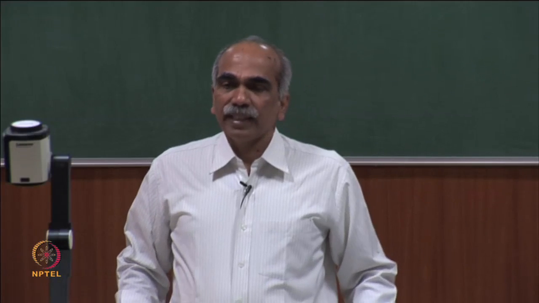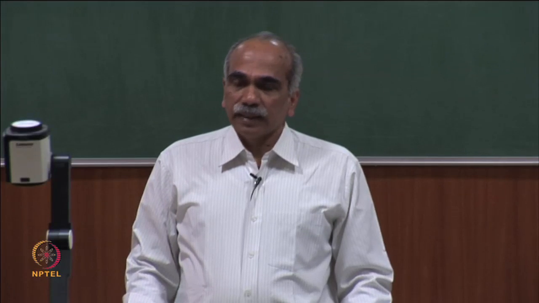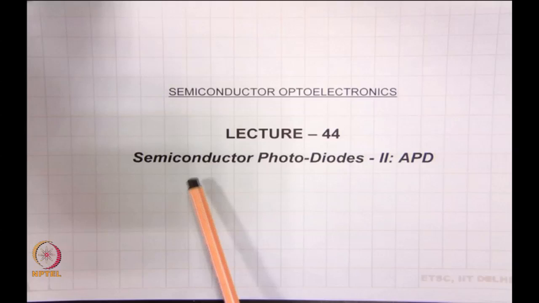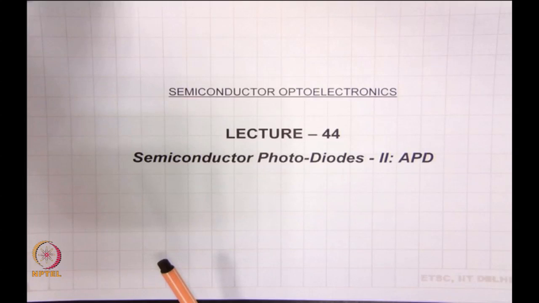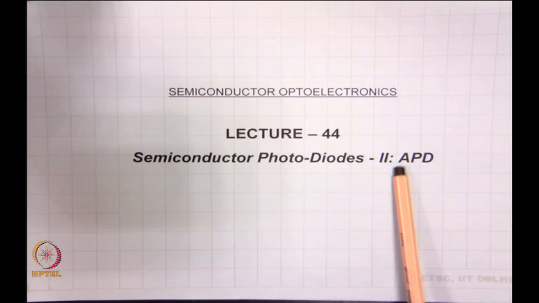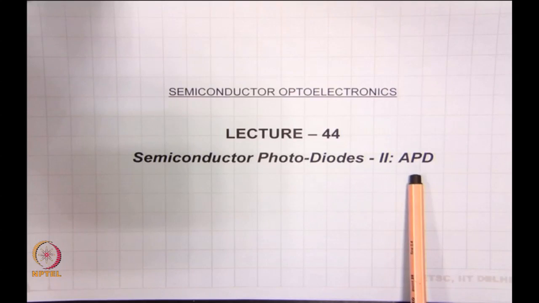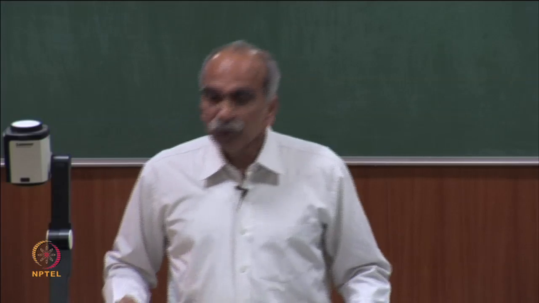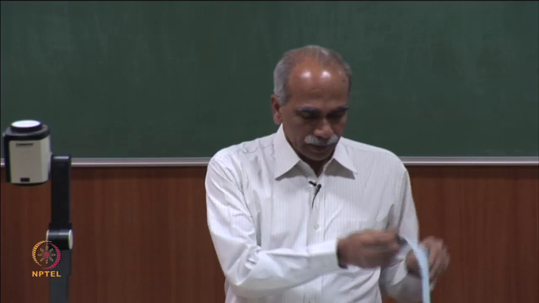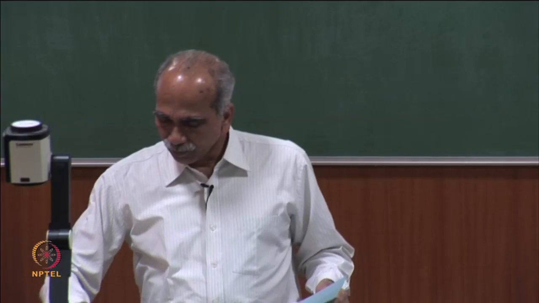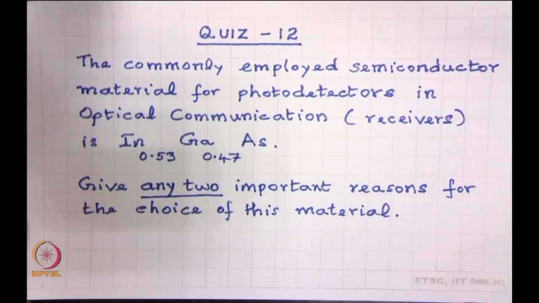Continue with the next part of the lecture, this is semiconductor photodiodes. In the last class we began with the semiconductor photodiodes and primarily we have discussed the pin photodiodes, and in this class we will continue and discuss the second important class of photodiodes, which are the APDs or Avalanche photodiodes. Before I proceed with the lecture, in the last class we had a quiz, that is the last quiz,